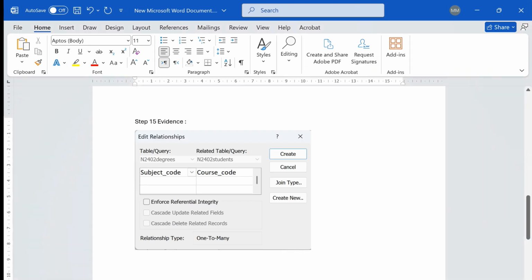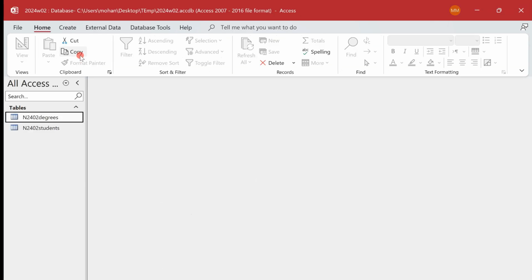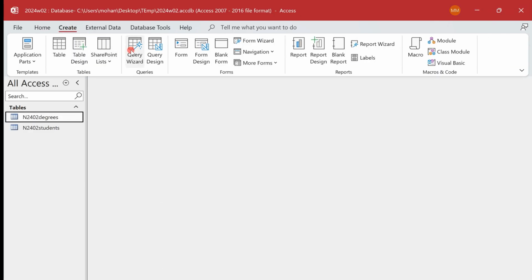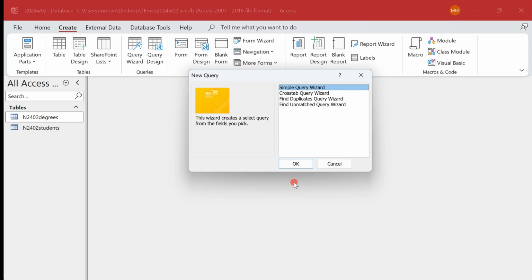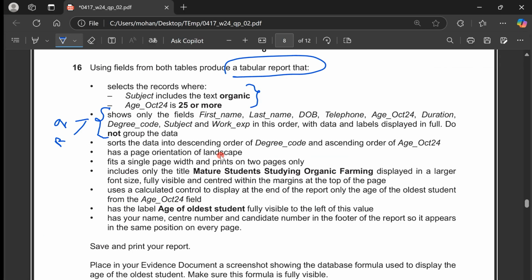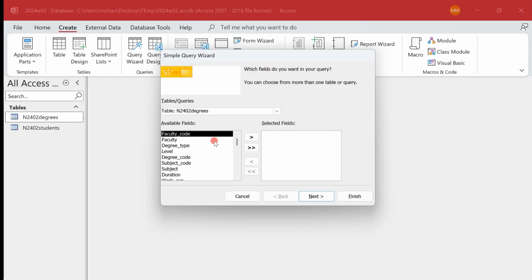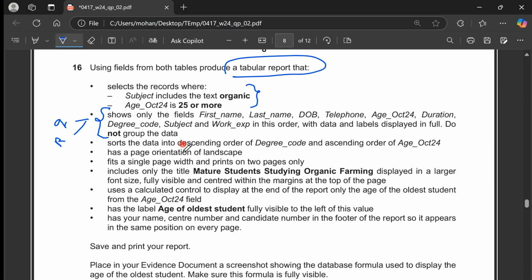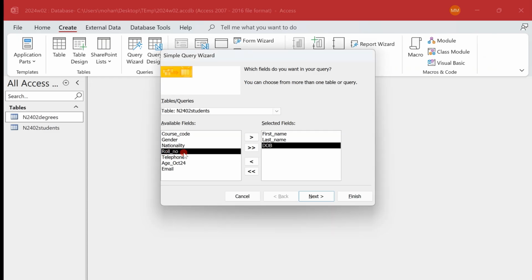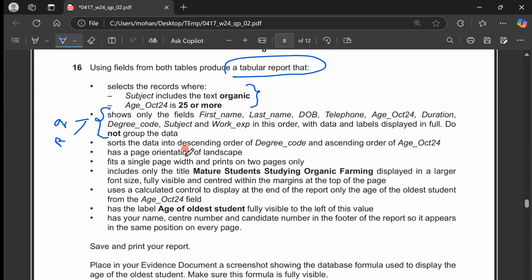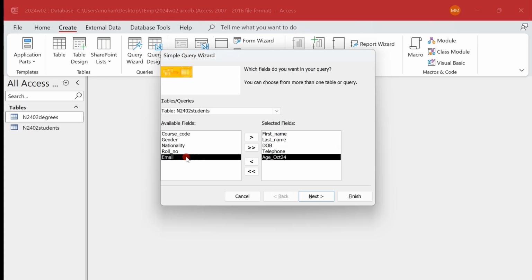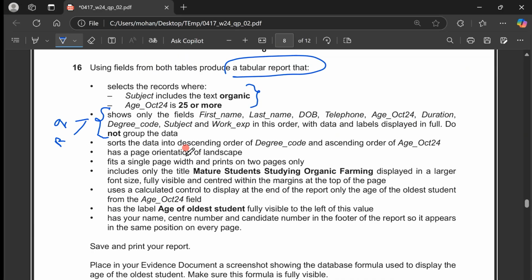Okay. So how to do a query? This is the question. And to do a query, you go create, and then you go query wizard to help you one by one, window by window, and then okay. And let's send them. We need the first name, last name, DOB. So let's go to the student table, first name, last name, DOB, and telephone, and we have duration, degree code. Do we have them here? In the other table, duration and degree code, and we